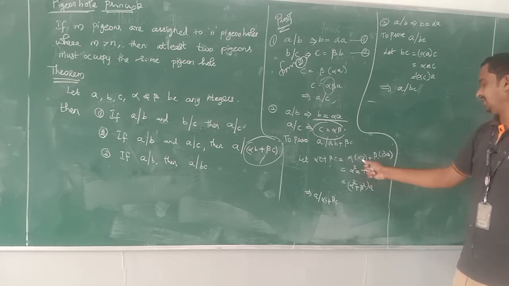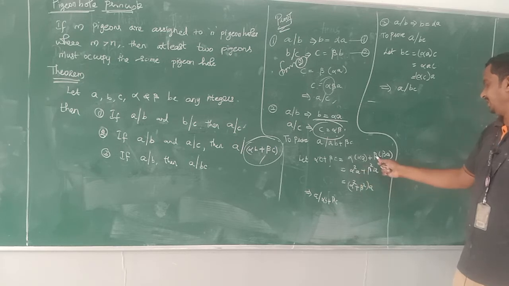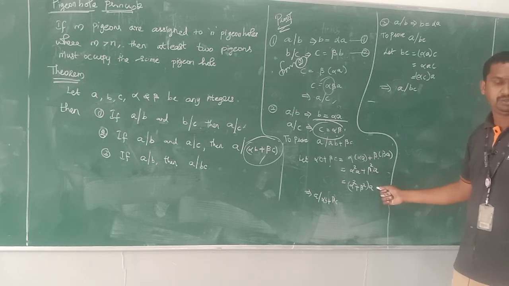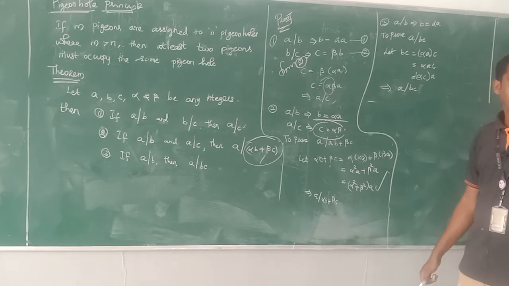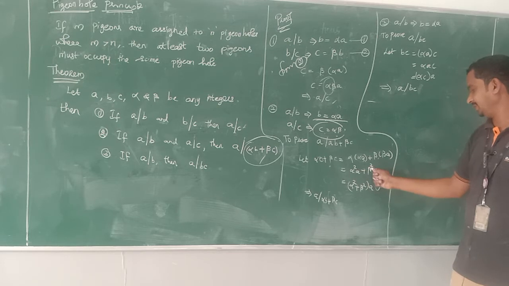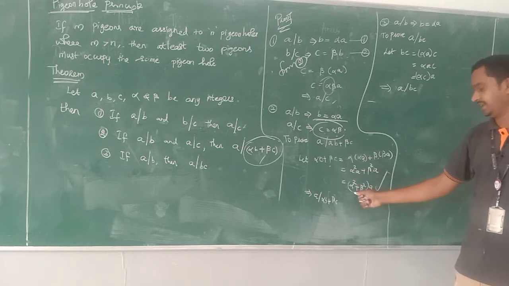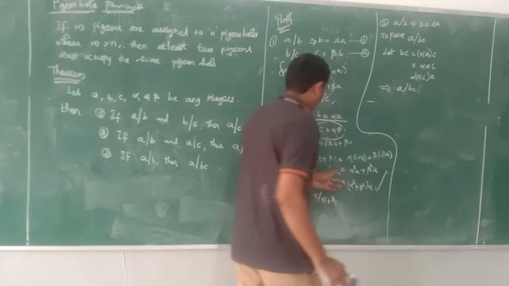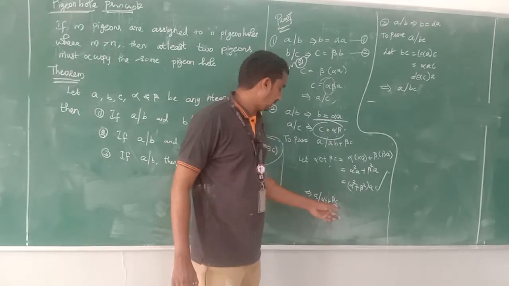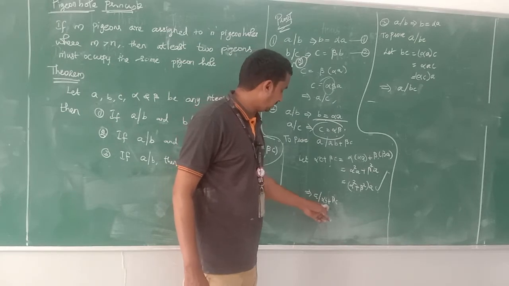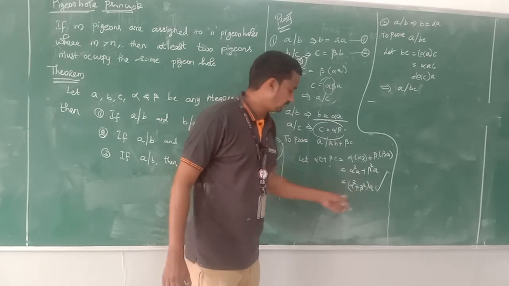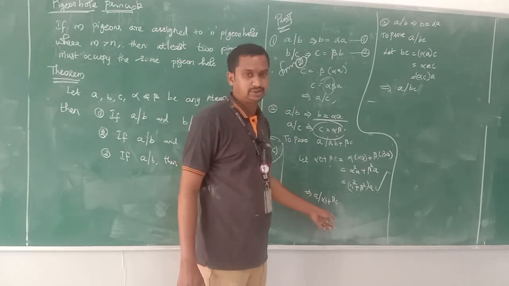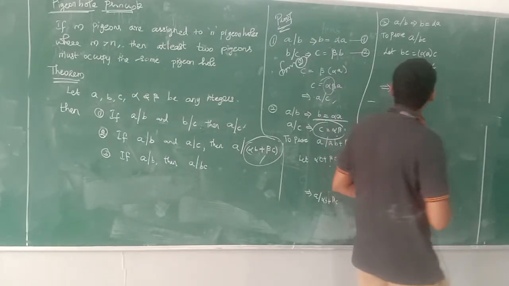Substituting, we get alpha into alpha a, alpha square a. Similarly, beta into beta a, beta square a. Here both terms have a common factor, so take a outside. So alpha square a plus beta square a, taking a outside, alpha square plus beta square of a. Now by the basic principle, you can write it as a given alpha b plus beta c. Now come to the third proof.